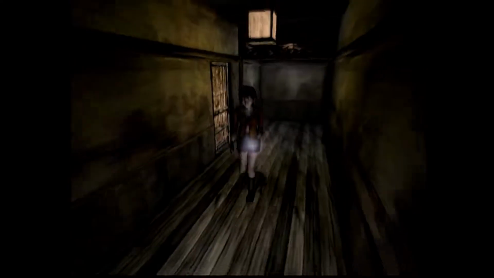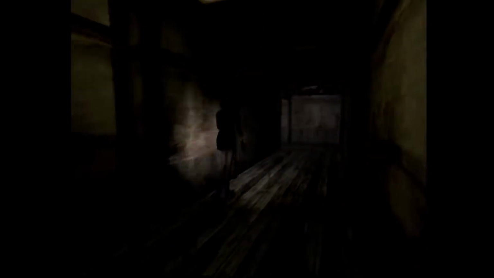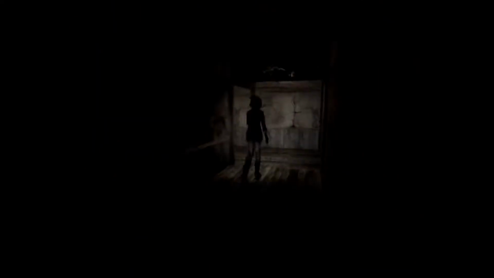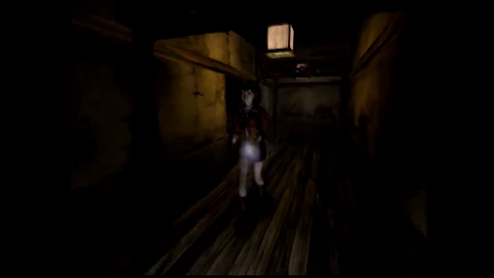Okay, so this is the walkway. Around the other side, we can get to Burial Room. But before we do that, I'm going to stop off in the storage room. Hello. Stone mirror. Already got one of them. Worth remembering, because the storage room sometimes has some helpful items in it. It doesn't always, but...